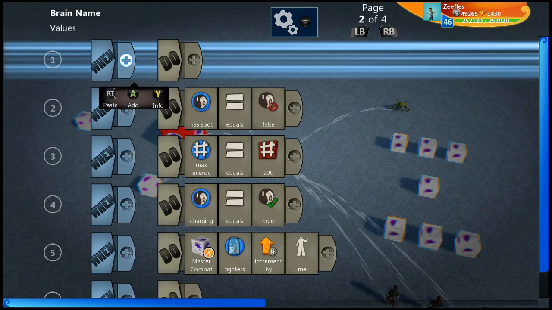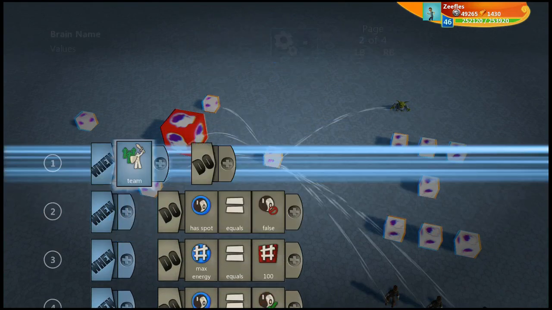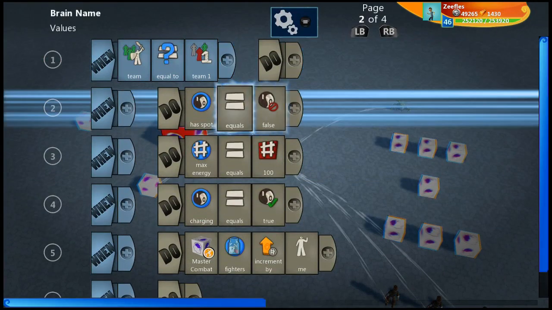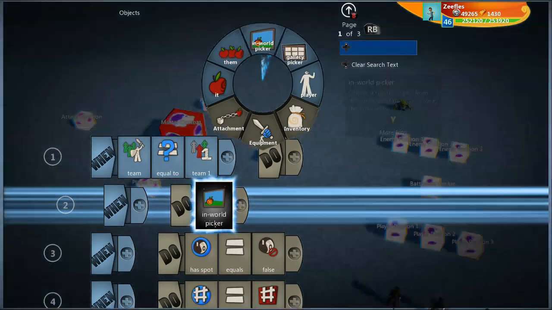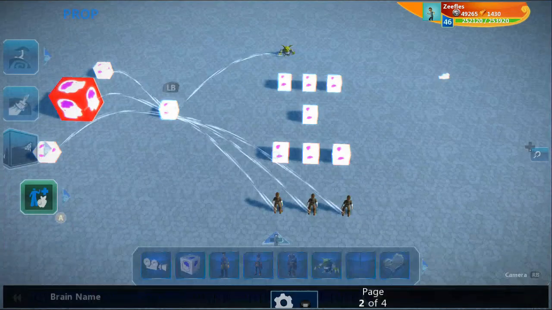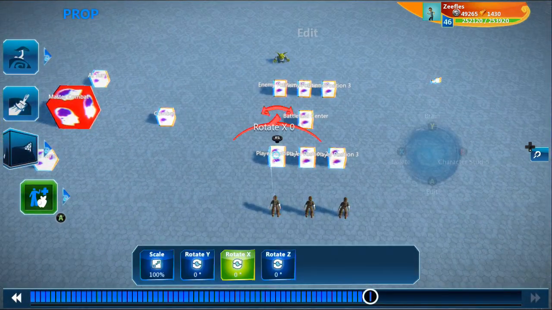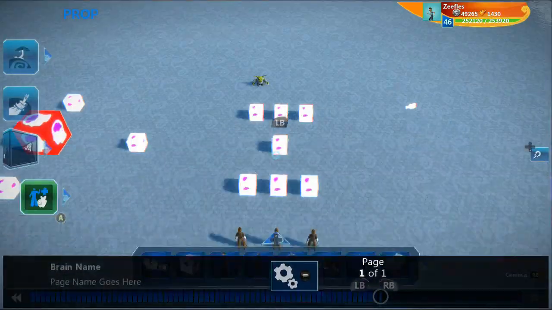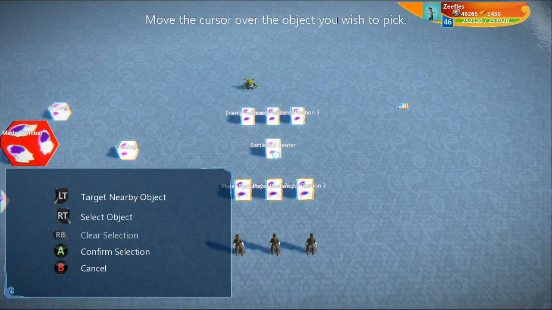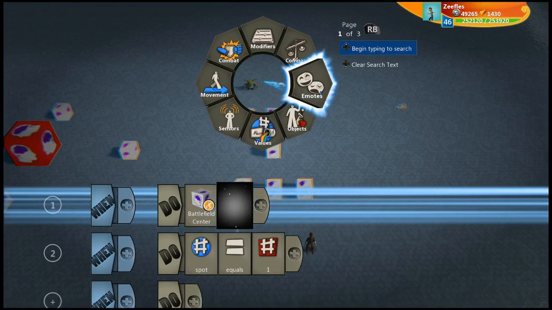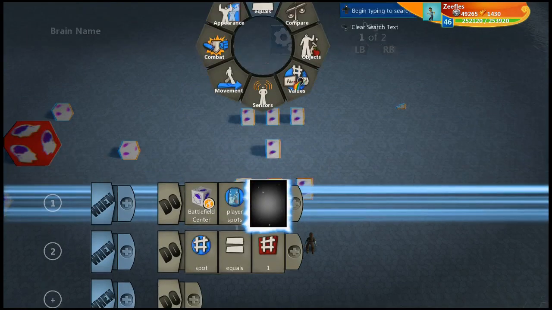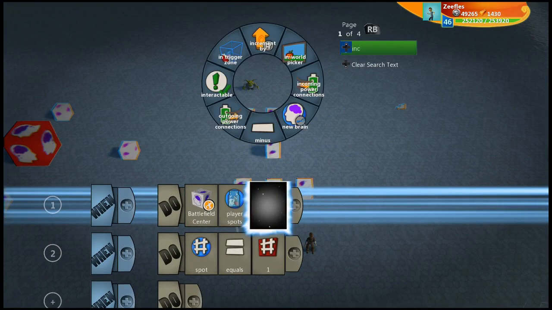when team equals 1, I'm trying to think the best way to do this. Let's do it this way. Let's do object in world picker, battlefield center. We're going to create a new object set, and we're going to say player spots incremented by